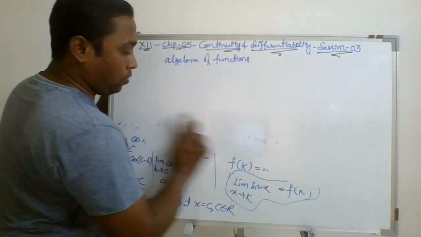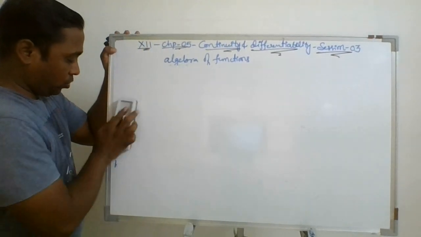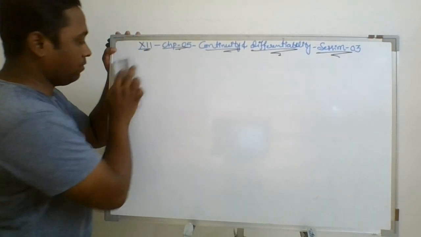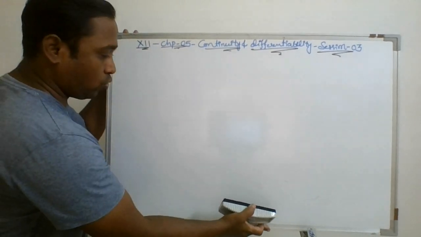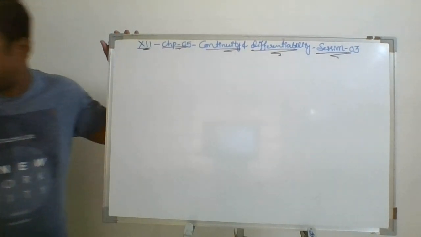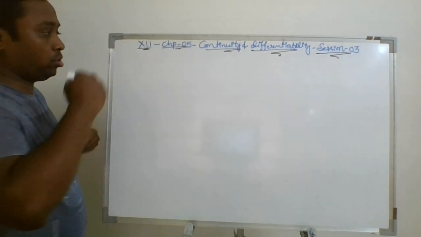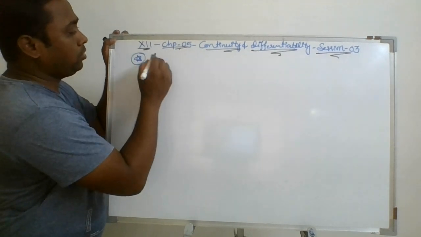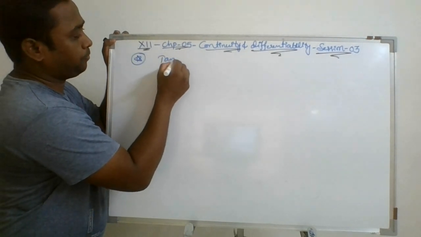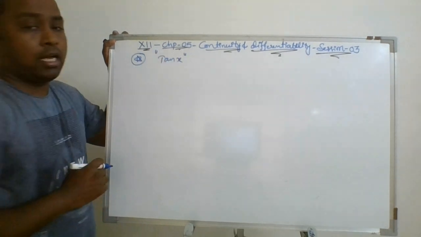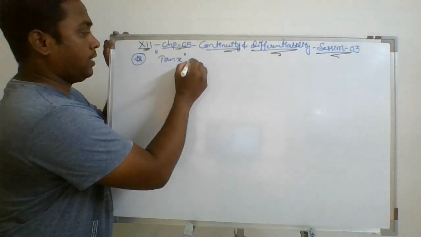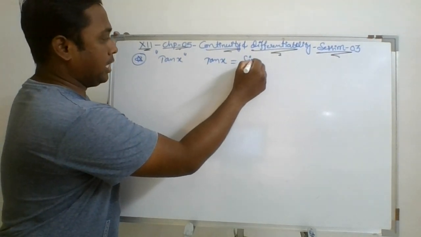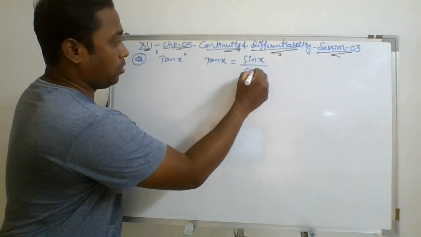I am directly taking now the division one, because you know plus, minus, multiplication will remain the same to understand. Only I am taking the division where the domain has to be decreased. So I am taking the question where we are checking the continuity of the function tan x. This is a function, and you know that tan x can be written as sin x upon cos x.